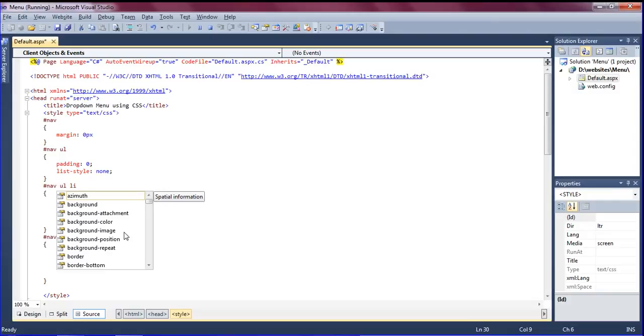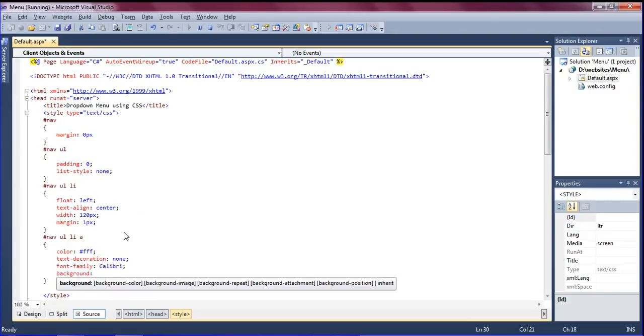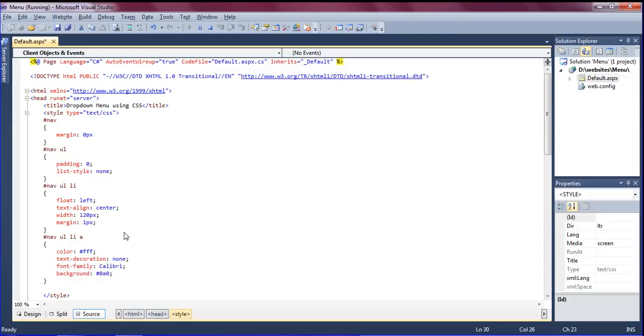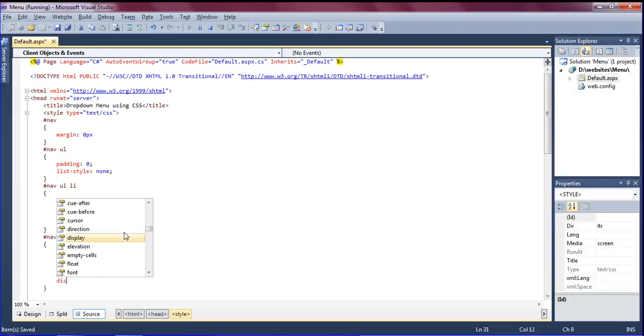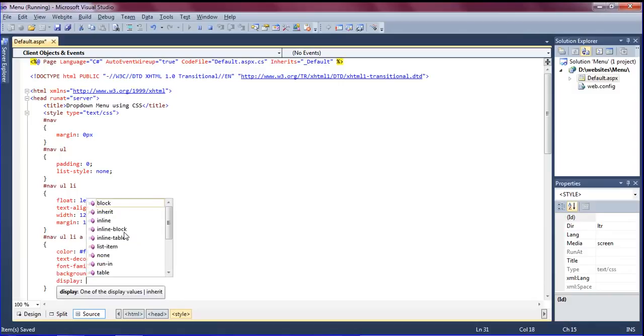And then I'm setting a background for this as #0A0. It should display like a green color. It has to be display block, which is inherent with a list. So I'm just giving display block,